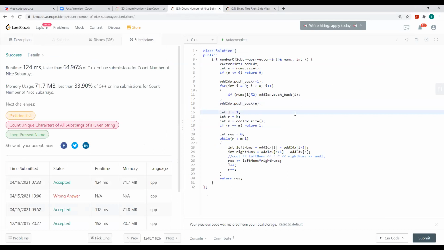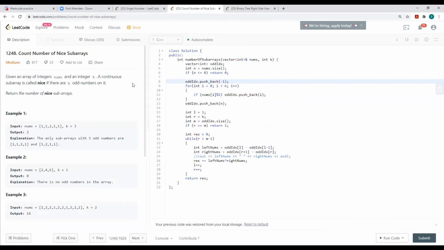Okay, so this is the one I was referring to. Here I'm just storing all the odd indexes. Initially I insert a -1 at the very beginning, to indicate a value beyond the first index.